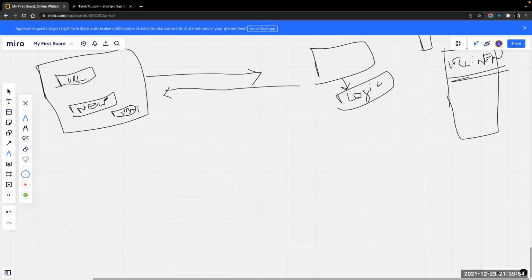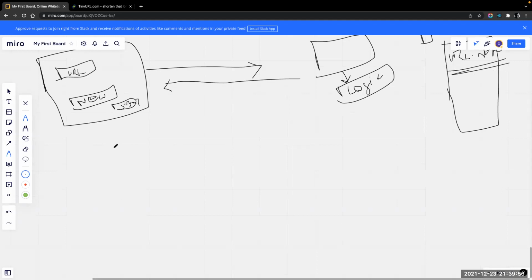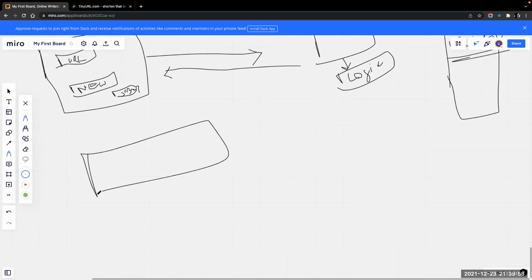Okay, now the user takes this URL and goes to Google Chrome and puts it in the search tab and hits enter. At that time, this URL is recognized by the browser and hits the tiny URL server again. So this is a different kind of request.